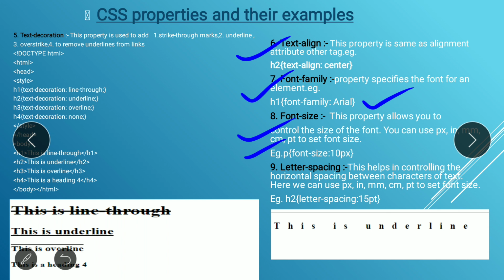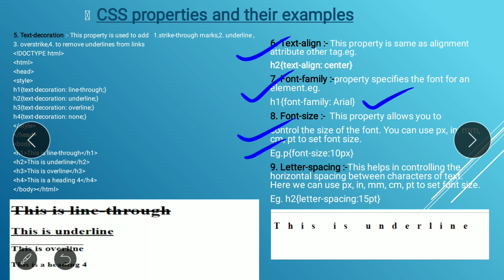Next is the letter spacing. It is very interesting, students. This helps in controlling the horizontal spacing between the characters of the text. You can see it sets the space between two characters, right?